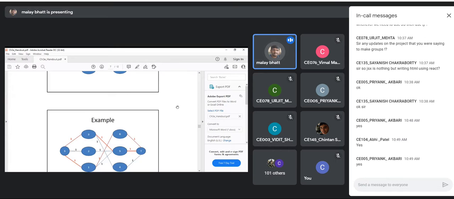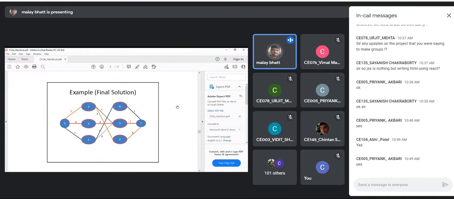Now similarly, if you apply this to the entire flow network, then the final solution will be like this. You can see 1, 2, 3, then 3 to 4, and 4 to T, right? This is the final solution through which we will get the maximum matching. So S to 3, 3 to 4, and 4 to T is one path. Then S to 2, 2 to 5, and 5 to T is another possible path. And the third path is S to 1, 1 to 6, and 6 to T. So you can see that we are able to match all the 3 nodes with the 3 destination nodes.